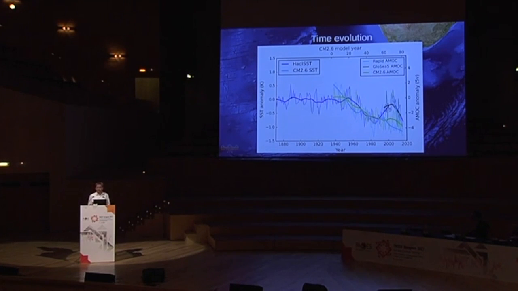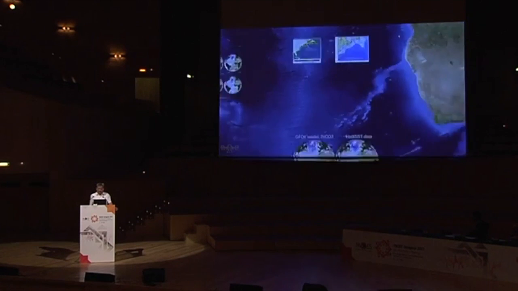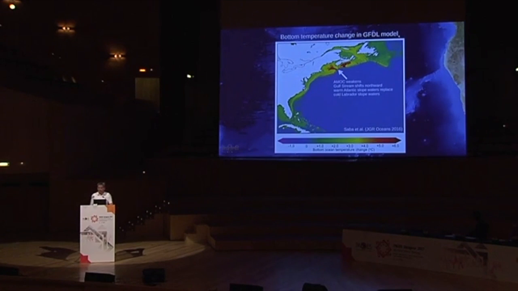And that tends to also agree here, for the length of the existence of that green curve, with our very simple SST-based AMOC index. Now, let me come to a final point. Let me return to these coral data that I mentioned early on. This is again from the GFDL model, and they concluded, looking at the bottom temperatures on the North American shelf here, that an AMOC weakening leads to